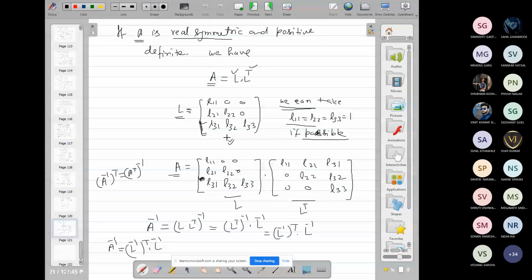By solving this system of equations, we obtain L and L transpose and then L inverse, and then from this we obtain A inverse, and we can solve the system of equations also. X is equal to A inverse B, for the system of equations Ax is equal to B. But here the limitation is, this is the easiest method, but the limitation is A is real symmetric and positive definite,